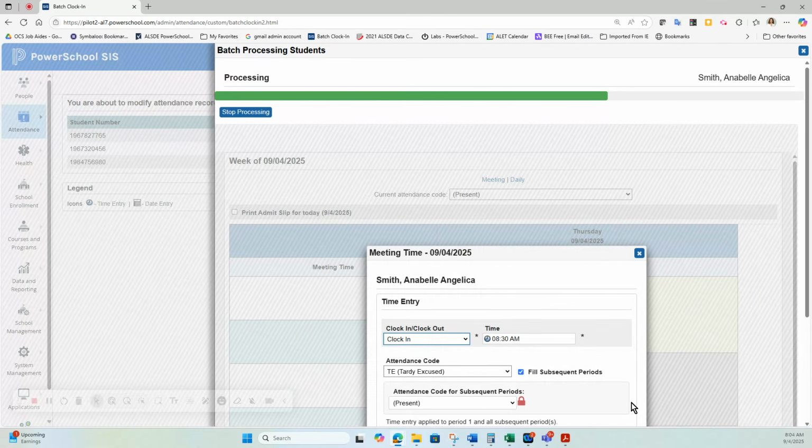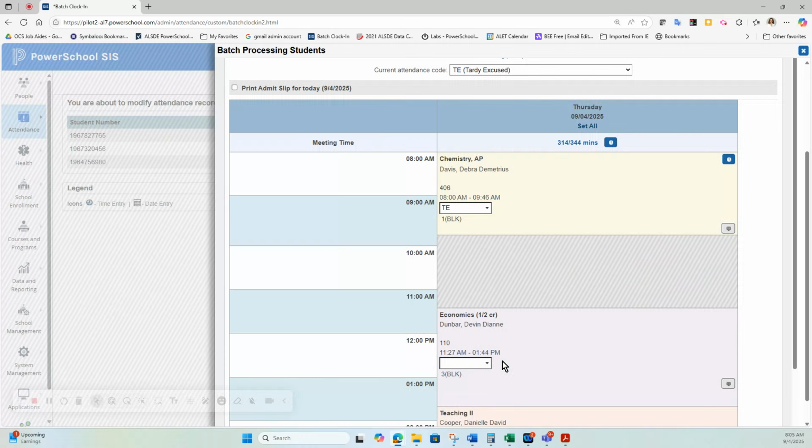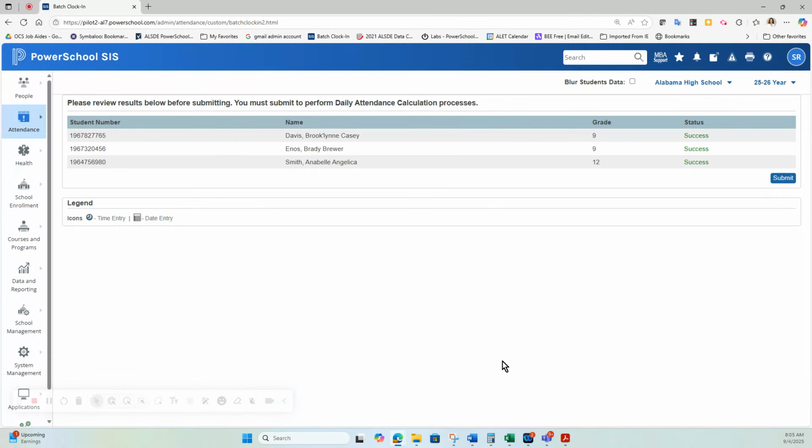When we eventually turn that quick mode on, you won't see this screen right here. It will just process whatever you put on that main screen to all 3 of these. So I'm going to say this one is 8:30 and leave that there and hit save. So it has processed all 3 of the check-in check-outs, but now we must submit this screen